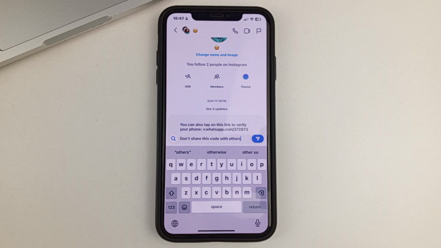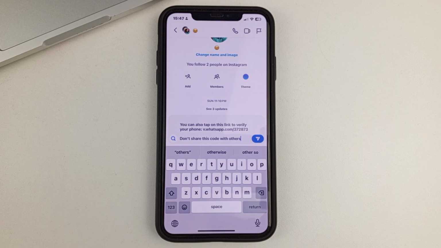But I want to warn you that on an iPhone, you can only copy one message to the clipboard, which means that if you copy one text message, then 5 to 10 minutes later you copy another message, the first one will be automatically replaced by the second one. Because you can copy only one text message, then you send it, and after that you can copy another one.